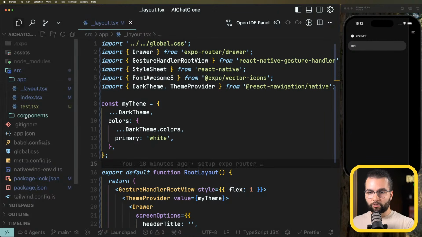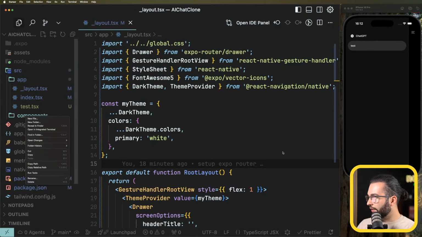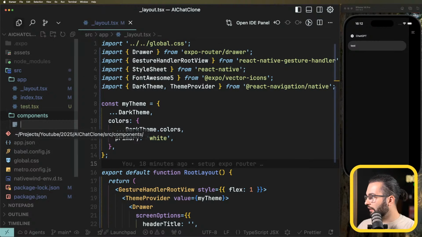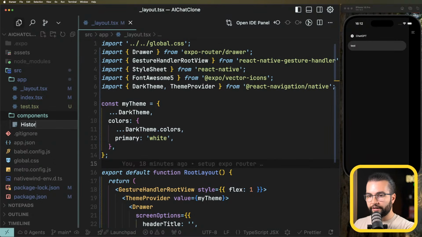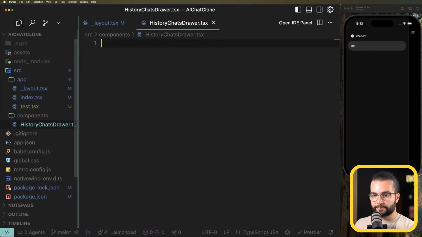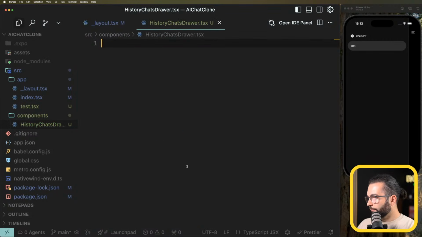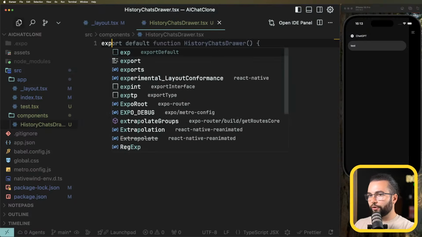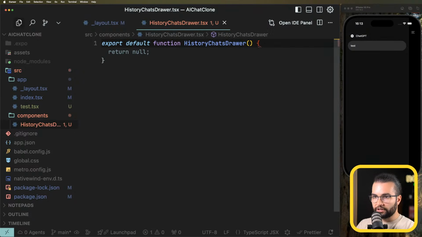We're going to do that in our components, and we're going to call it, how do we call it? Custom drawer, history chats drawer. So let's call it history chats drawer.tsx. In here, we're going to export default history chats drawer, and what we can do,